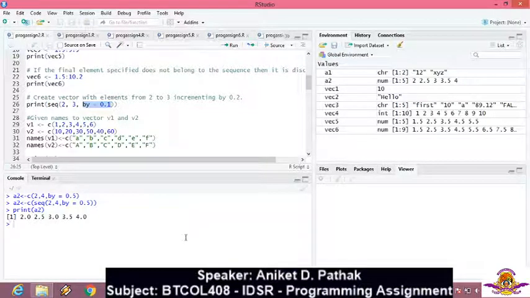So if you see, the starting value is 2, the next value is incremented by 0.5, the ending value is 4, and that is the thing. So the sequence function is used to override the default increment value that is available, that is 1. Okay, moving on next.